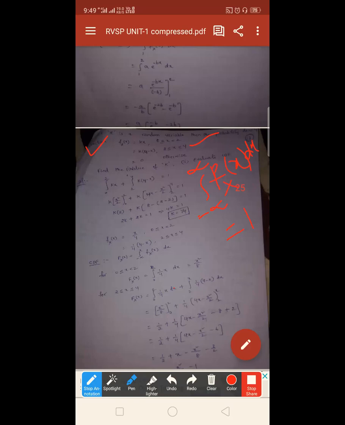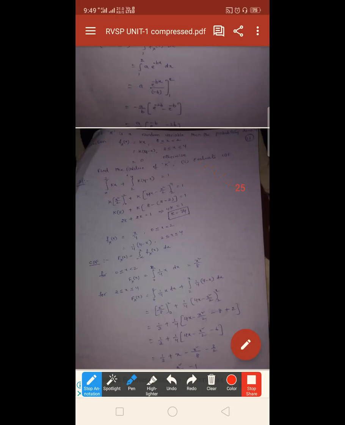So by using this property, here you have to write the integration limits as integral minus infinity to infinity. But here the function is defined for 2 ranges, 0 to 2 and 2 to 4. So you have to change the limits according to the given data. From 0 to 2, the function is defined as kx. From 2 to 4, the function is defined as k into 4 minus x. For greater than 4, the function is not defined, isn't it? So you have to change the limits of integration according to the given data.